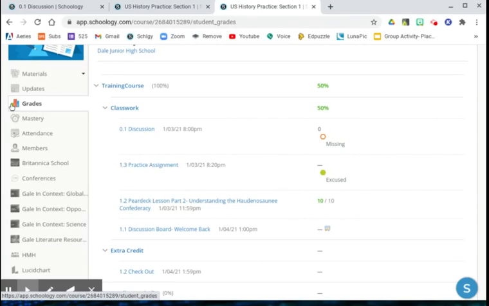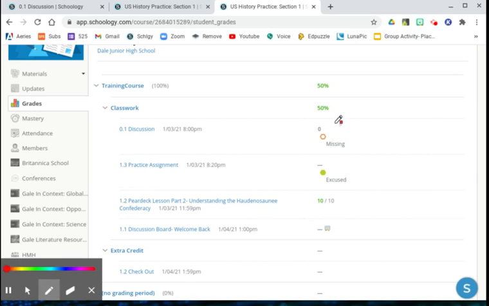Your grades. So you're looking at your grades here, click on grades. You see a bunch of different things. There are two ways to see that you have a missing assignment. So I'm going to change to the marker. This first way